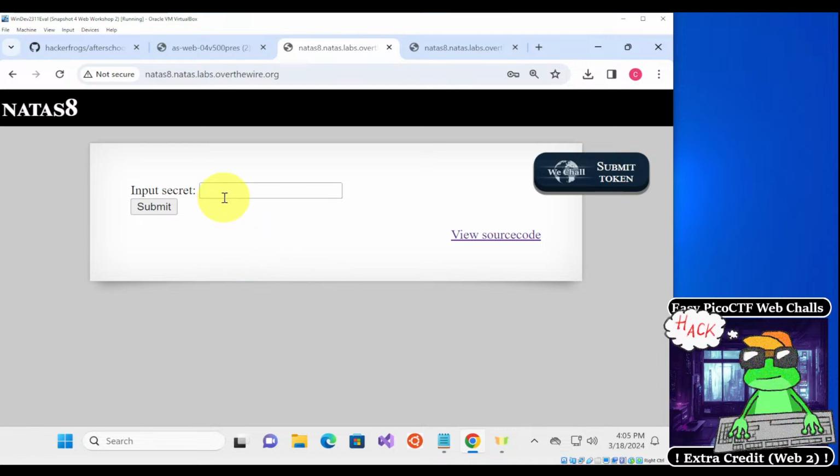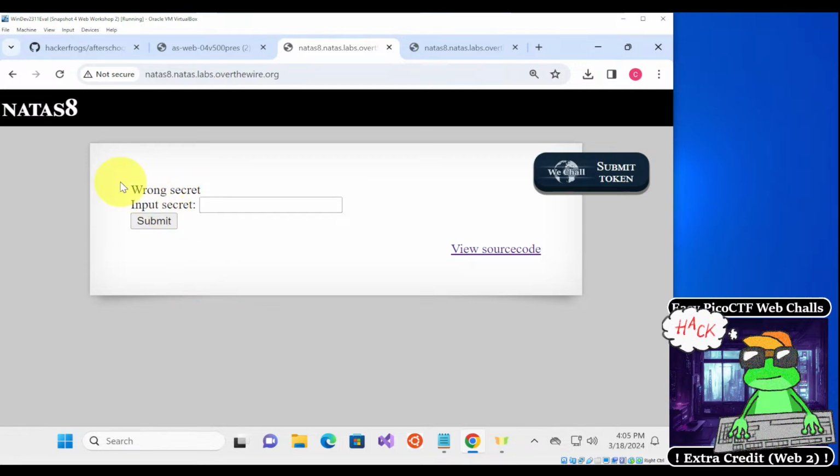Okay, so just in case, let's do a little test. We input "secret test" and click submit, and it says "wrong secret." Okay, so we can go to the level here,